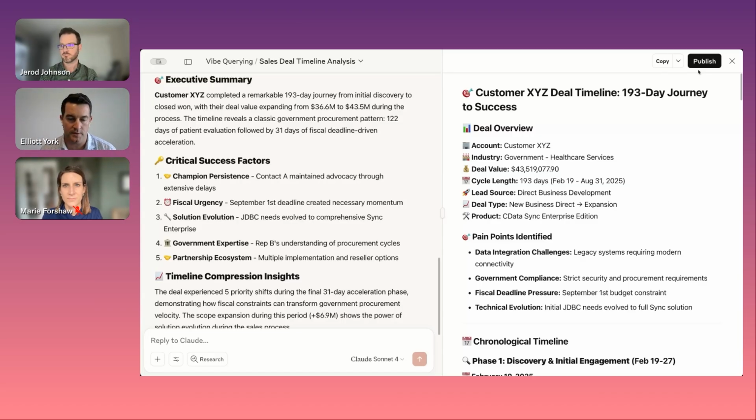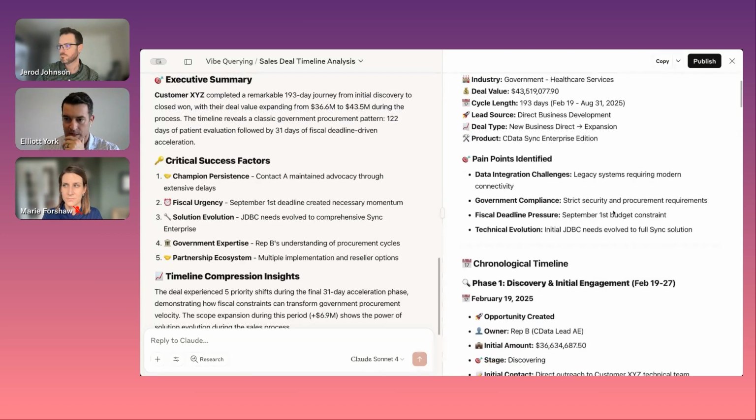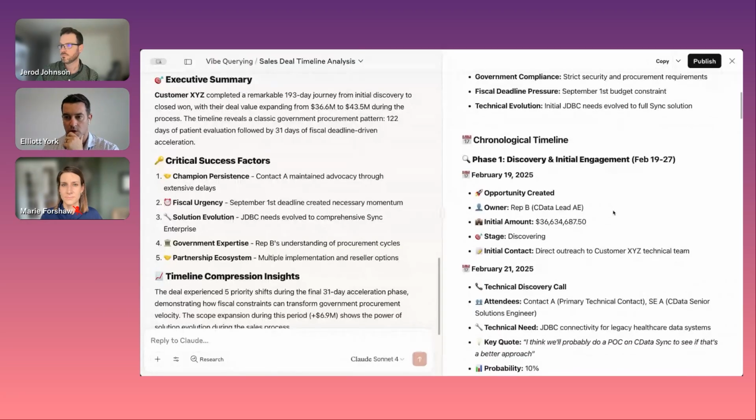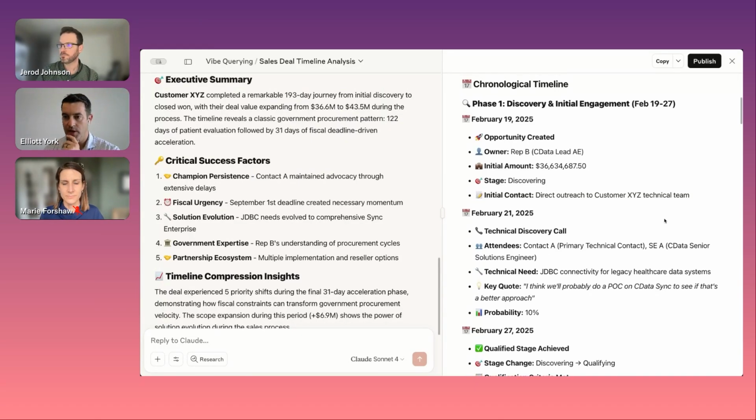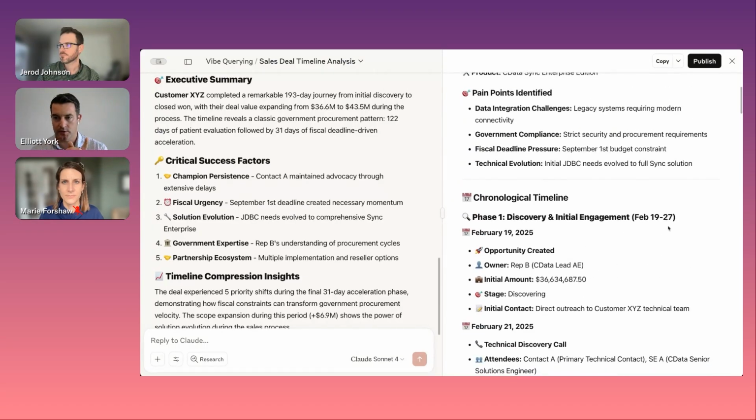So that's what I love about it, because you get a lot of insights that are there, but they're really hard to uncover sometimes. So there's some basics about the deal up front, nothing too surprising there. If we scroll down a little bit here, it talks about the challenges, et cetera. And it really starts with the discovery phase and the deal. So the first interesting point that I found, actually, if you scroll up a little bit, I will comment on one thing. So keep going to the top.